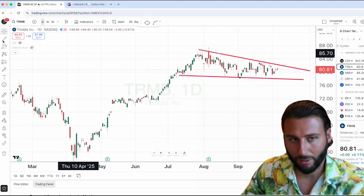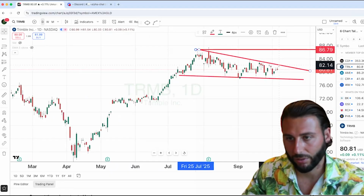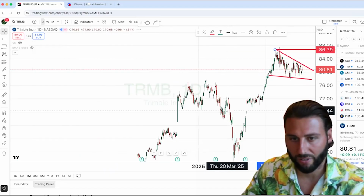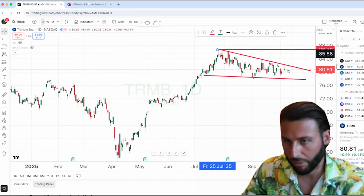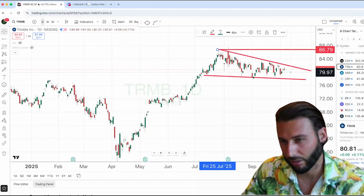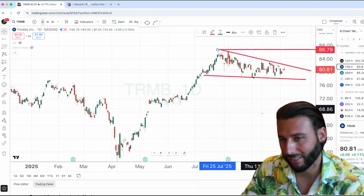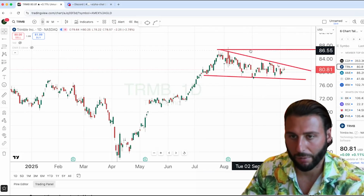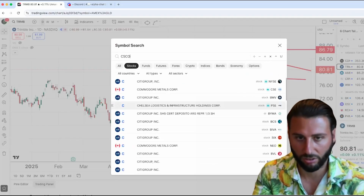But again, this is what I'm saying when you want to wait for a bigger pattern. You get this break at 82, you're going to see resistance at 87. So you've got to battle with that first, let it do that run. If you need to be involved, you're buying 82 versus 80. 2-1 best case. Again, for me, probably a pass. I would just wait for this 87 to set up down the road, but I can see what you're looking at. When I said it looks like Cisco,